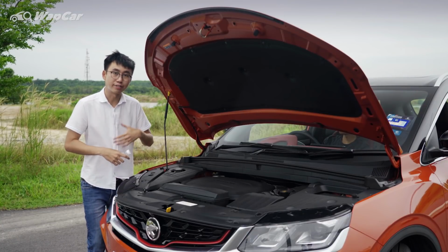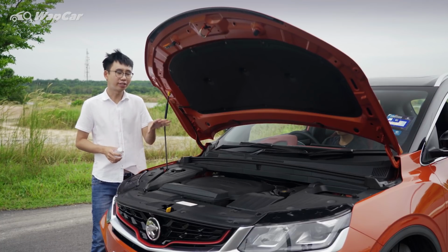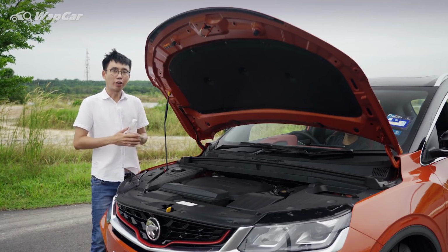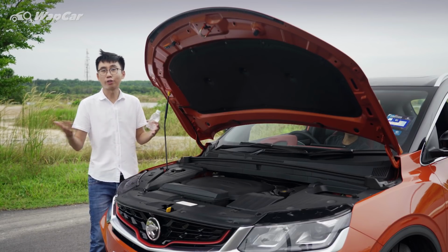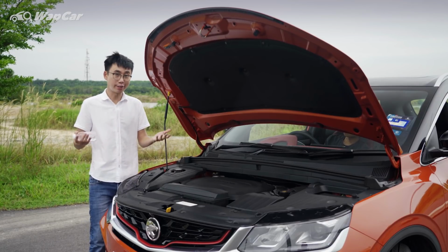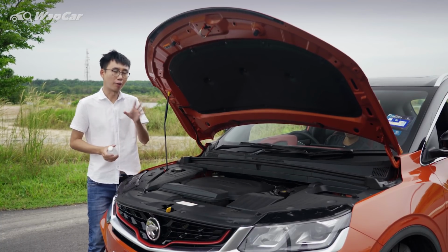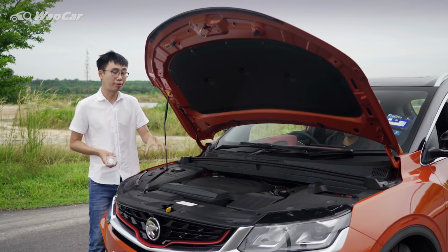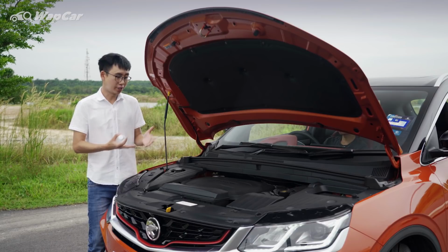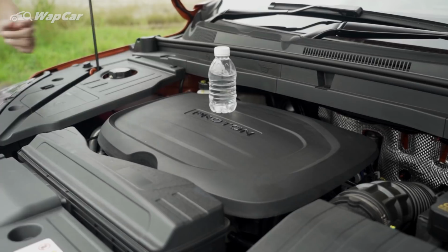Now, there's a lot of concerns surrounding the vibration and refinement of 3-cylinder engines, but you have to remember, this is not the same type of 3-cylinder engine that you find in your 1990s Kancil. Technology has progressed immensely and the world is now talking about all-electric hypercars, autonomous driving, and soon even flying cars. So you think the engineers still don't know how to make a refined 3-cylinder? Of course, there's bound to be some form of vibration during startup. Even the world's best 4-cylinder engine does that too. But once it settles, and you rev it,